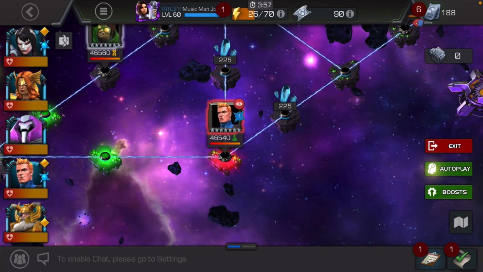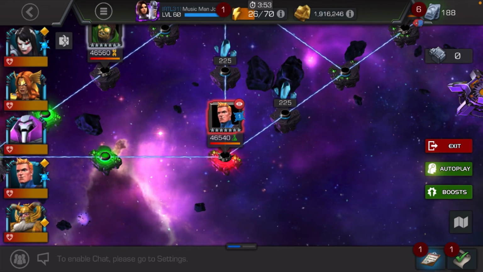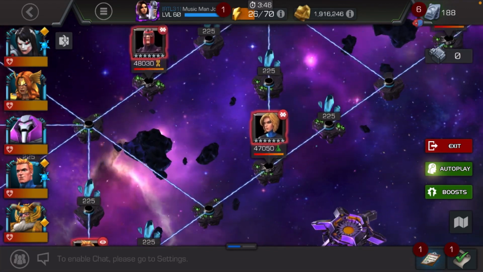Turn his pre-fight on, and then every time he touches you, his energy damage is basically like the Red Max fight. It's a super easy fight. Now for this